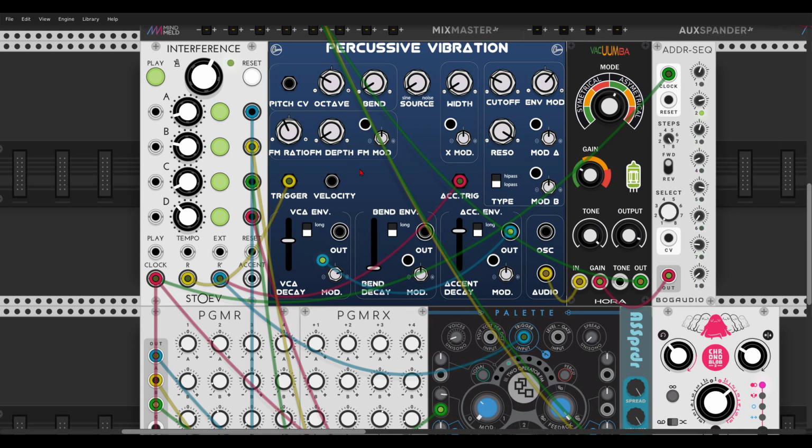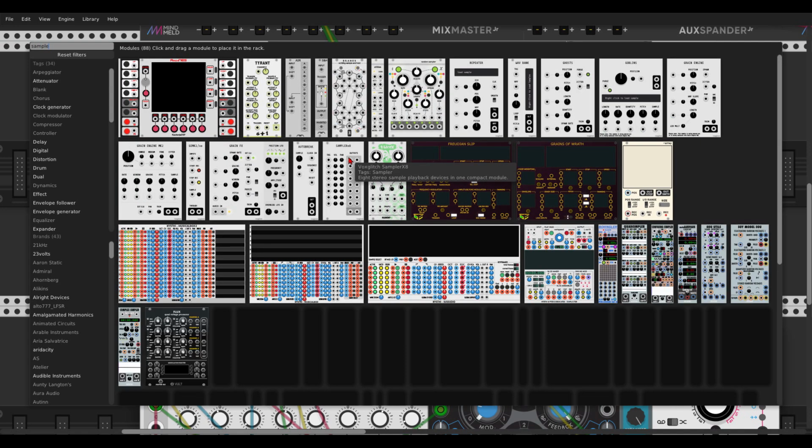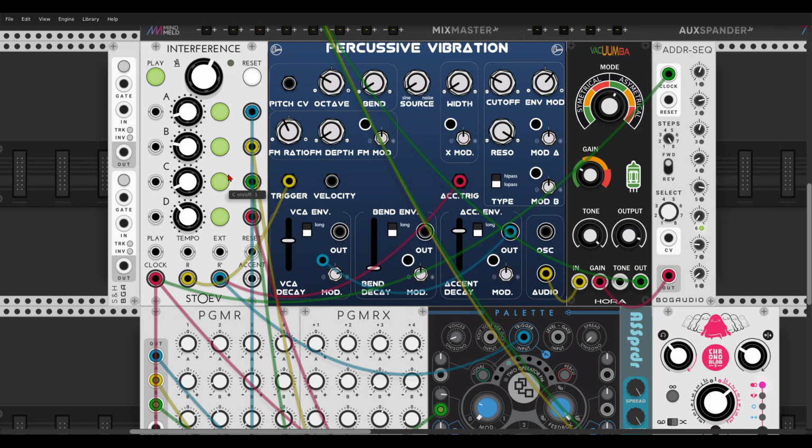Okay, another thing we can do to add some variation is to modulate the rhythm generators. So let's use a sample and hold. I will use the one from Borg Audio. This one here. We will trigger it with the accent output. So each time the cycle is over, the sample and hold will be triggered and will change the individual rhythm